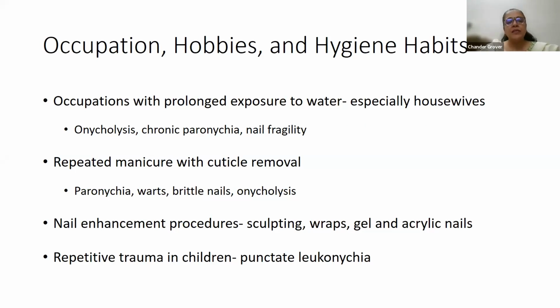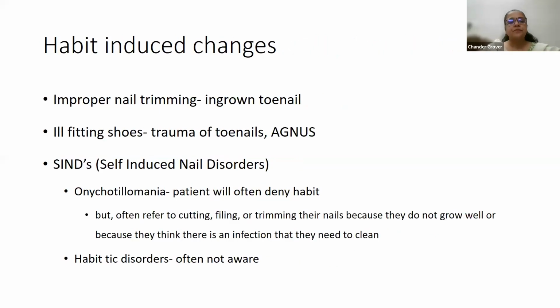Then the patient's hobbies, how they groom their nails, how they keep their nails empty, how they take out their frustrations on their nail, how they keep on biting, how they keep on pulling, are they rubbing it somewhere, how particular they are, like how much obsession do they have with cleanliness of the house or of themselves. These things are important. These hygiene habits and everything is more important in making out what is going wrong with the nail, so that you don't move on the wrong track.